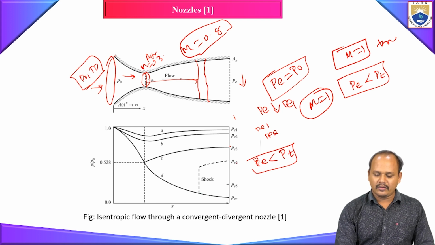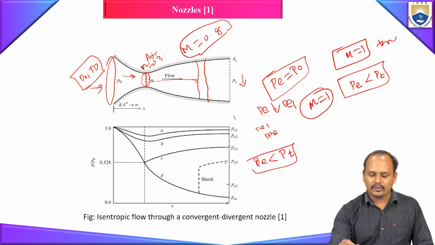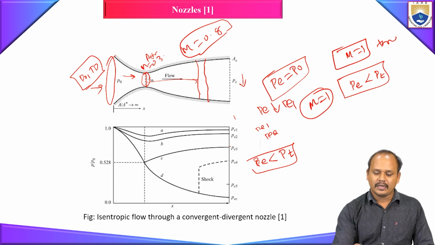But this PE4 becomes kind of like the pressure at this location has become greater than the throat location. That means your flow has to be once again decelerated. So deceleration means what will happen? You know, we have two types of waves. One is the compression wave, another one is the expansion wave. So deceleration means you will have the formation of a compression wave, that is, a normal shock will be